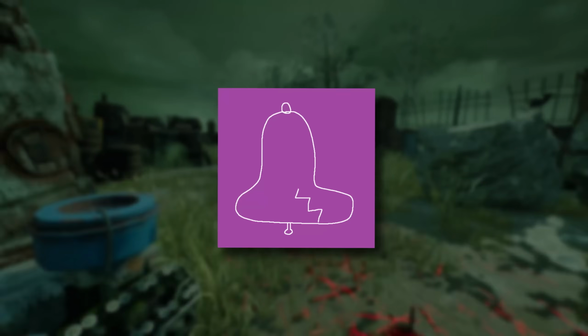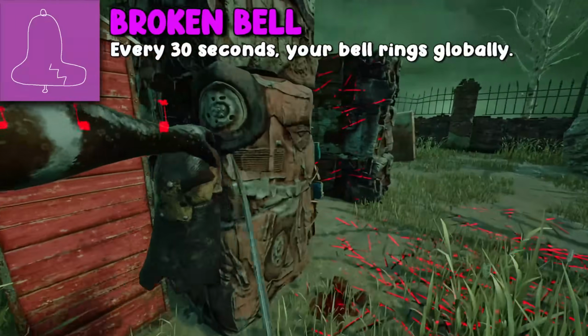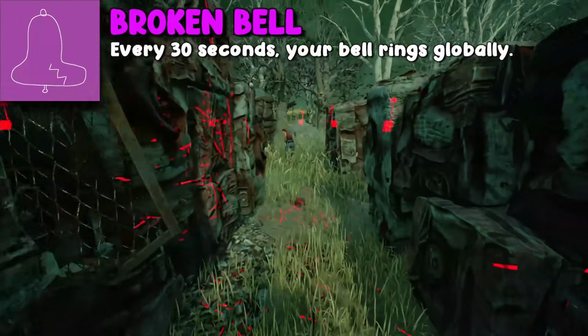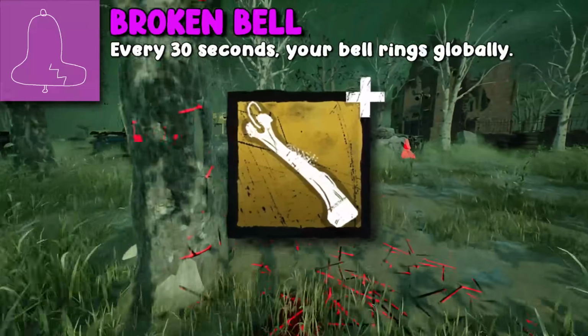For Wraith, I have the broken bell. Every 30 seconds, your bell rings globally as though you're uncloaking. So this is literally just to mess with the survivors. It's kind of like an automatic bone clapper just to make people kind of scared and just to slow survivors